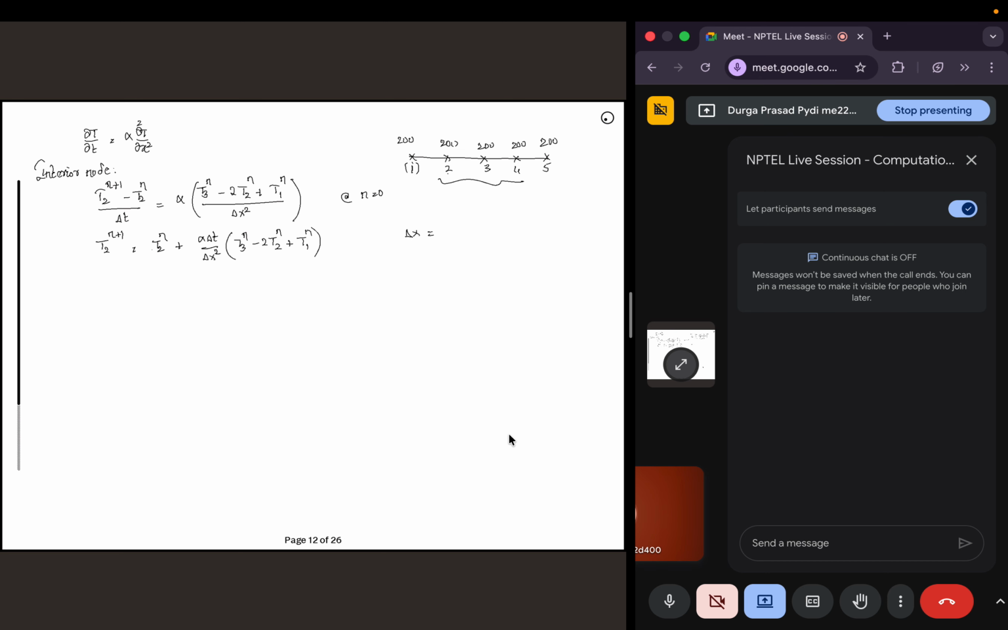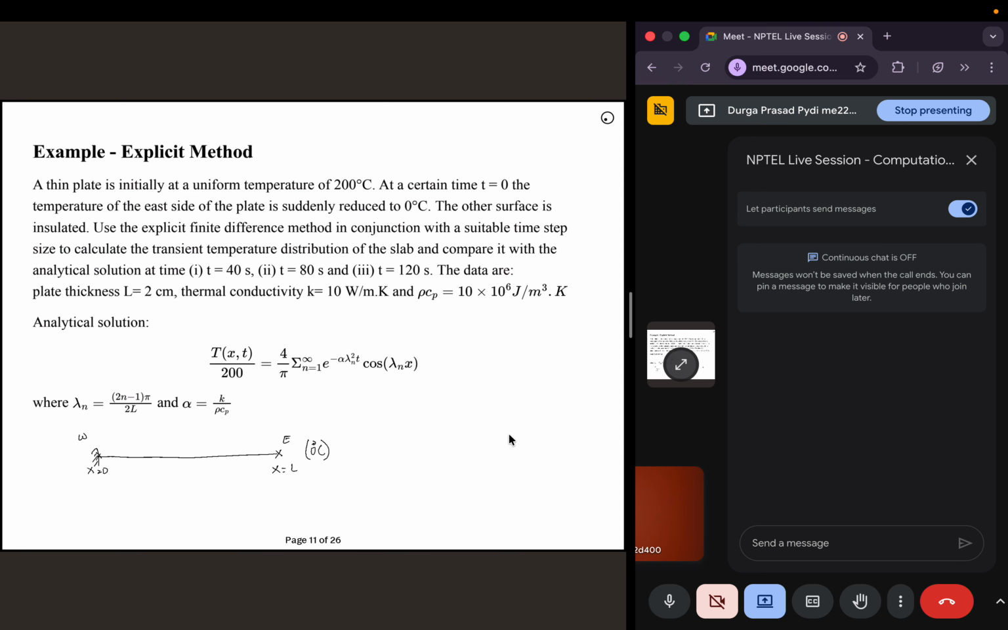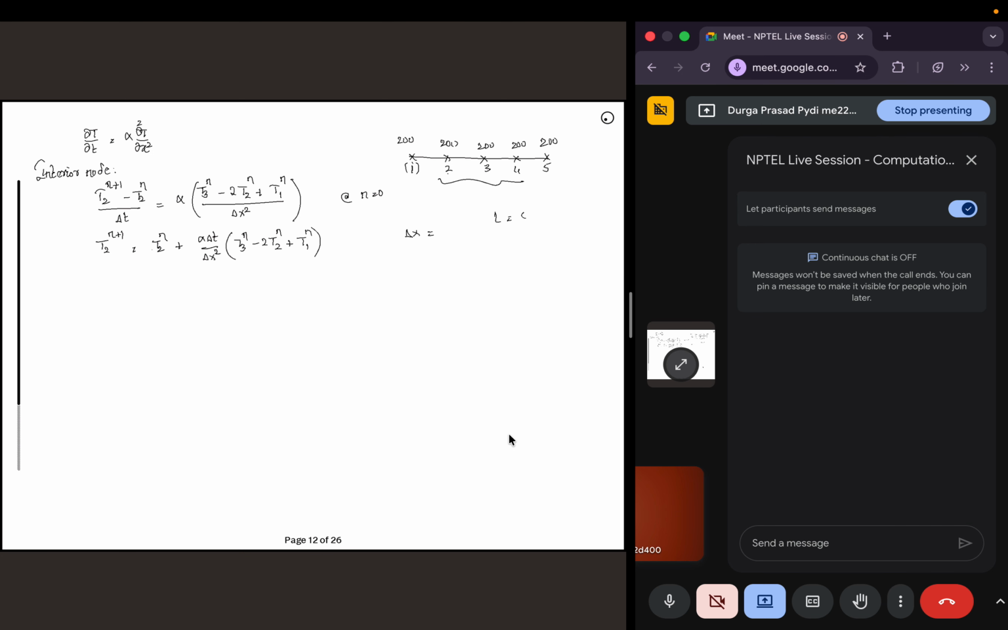So I have a total length of 2 centimeter. So delta x is 0.02 by 5, and alpha is given. With this delta x and alpha, we need to choose the value of delta t. So the criteria, as I said before,